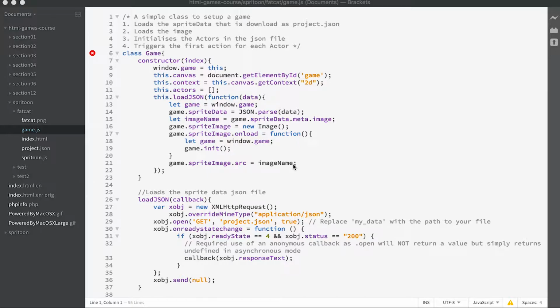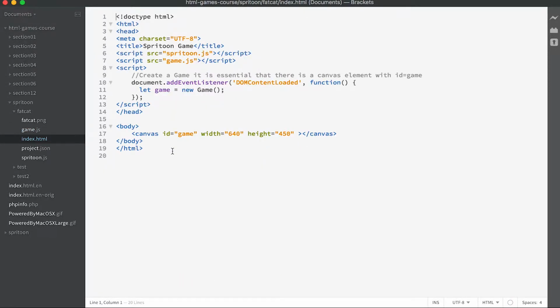When you download a Spritoon project, so you've rigged characters, you've animated them, and then you've pressed the download, that creates a zip file which you can decompress. It then creates a series of files, 5 files in total. An index that's simply going to load the Spritoon library, and it's going to load a file called game.js, and once the DOM's all downloaded, it's going to create a game